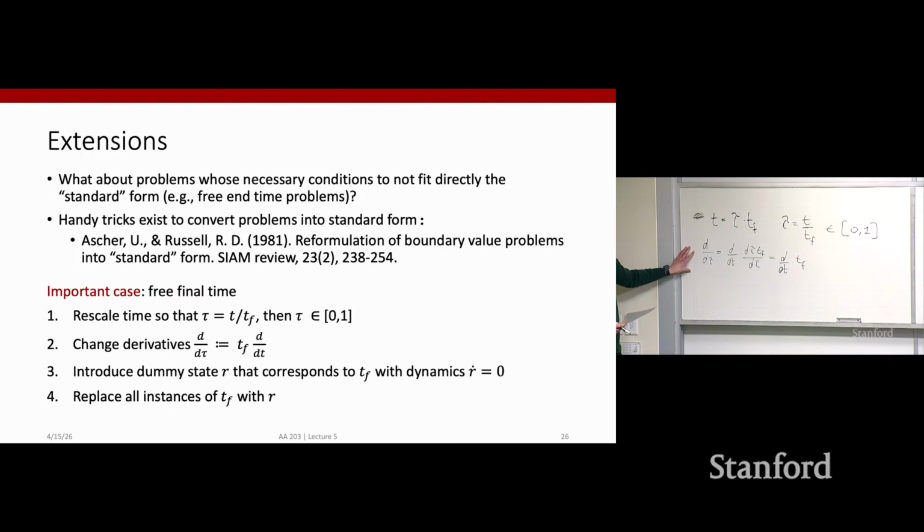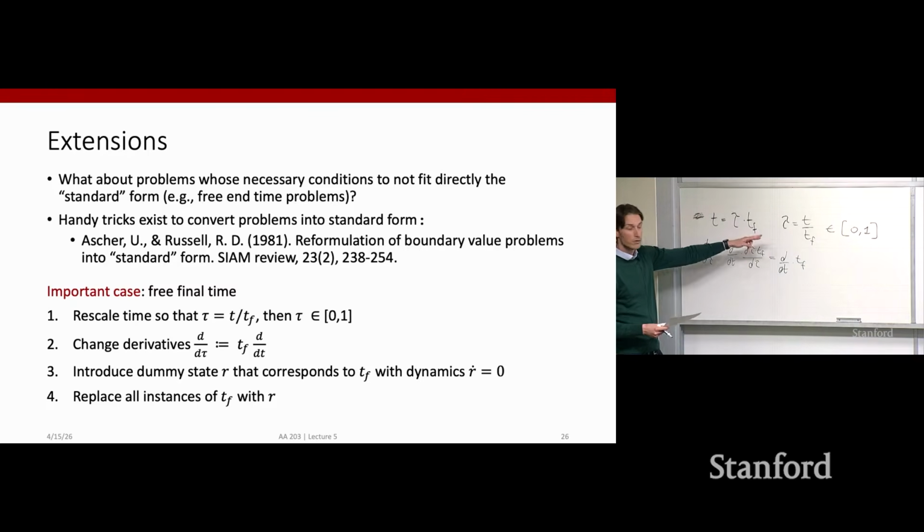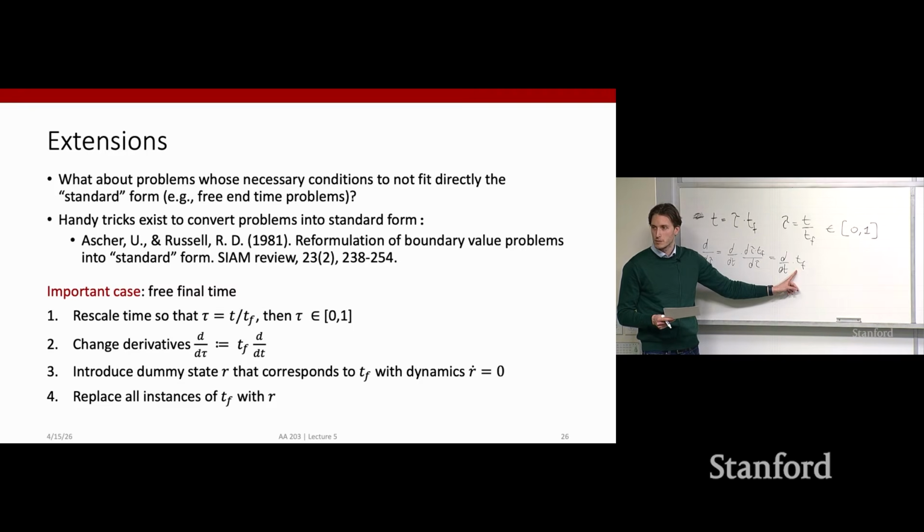So essentially, we want to reformulate the problem in one where the final time is known. We do this by rescaling time according to this new rescaled time tau, which is between 0 and 1. So in this rescaled time, final time is known and equal to 1. When we do this reformulation, we need to adjust the time derivatives, which essentially entails multiplying our time derivatives by